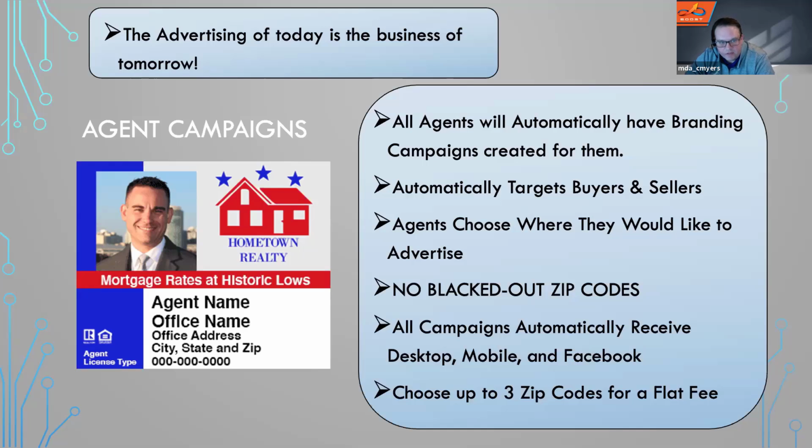there's 3 major differences. The first difference is price, which we can email out later. But the big difference is there's no blackout zip codes. So when we were putting all this together ourselves in Property Panorama, the one crazy thing I always thought is that I don't know why anyone would be dictated to where they can advertise as far from an advertising company. So you dictate to us where you want to be advertised. You can choose up to 3 zip codes for the same fee. There is no additional cost.